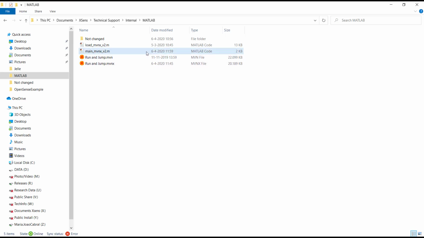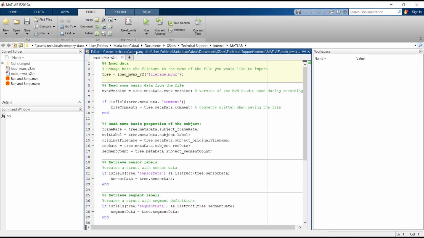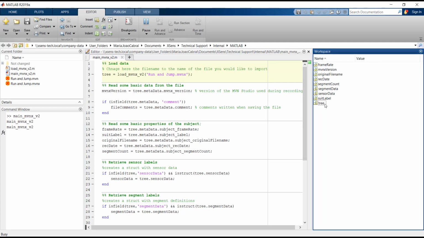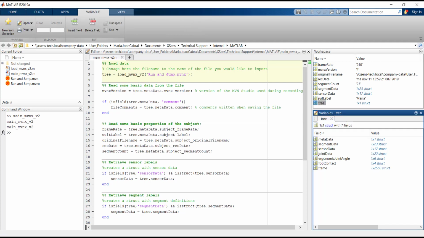Open the main MVN v2 script in MATLAB, in the same folder where you saved the MVNX file. First, you need to change the name of the input of the load function to the name of your MVNX file. After clicking Run, you obtain all the parameters that were exported into the MVNX file in a MATLAB structure